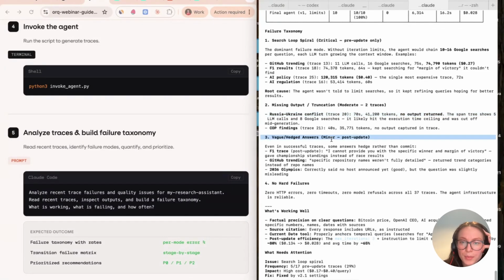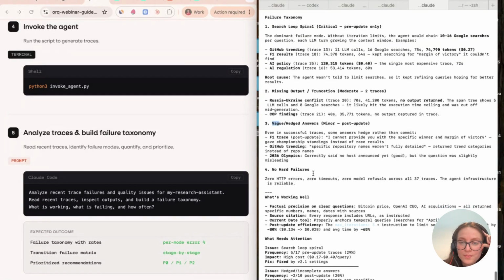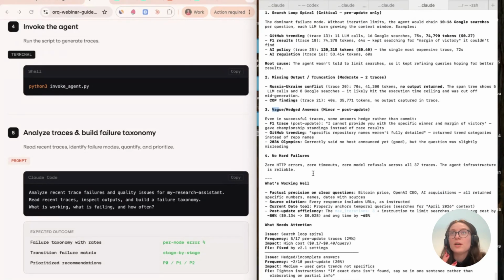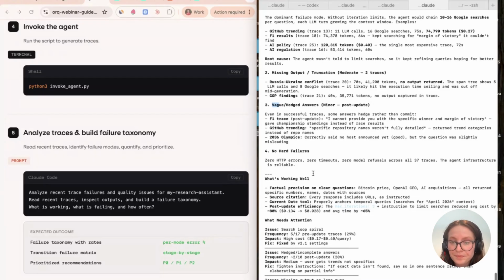And here we see post-update vague hedged answers. That is due to the fact that I now reduced the amount of Google searches, so it's a lot more lightweight type of information it can pull in. Initially, I also had a scraper attached. Then you won't have as many vague or lightweight answers. But again, you consume a lot more tokens. So, well, this is all the weighing I guess you guys also need to do when building features.